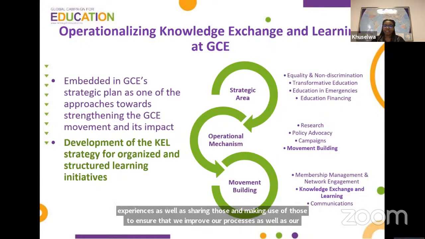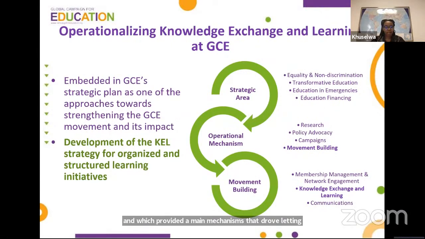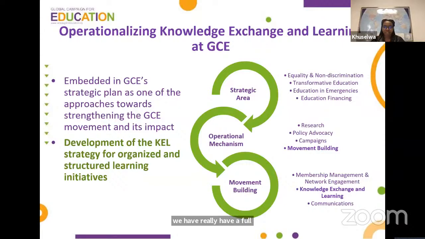One of the initiatives I think we can really recognize was the implementation of the CSCF program, which provided main mechanisms that drove learning and capacity building between 2009 and 2019 for the GCE movement. However, going forward, we have really refocused some of those initiatives that have existed within the movement, and we are investing more of our efforts as well as resources to building systems and processes that are responding well with the changes of the time, as the president has indicated earlier, as well as Grant, how the times have changed and how GCE needs to adapt to these changes in order to respond well to the challenges, as well as the